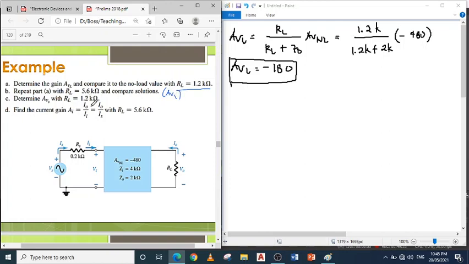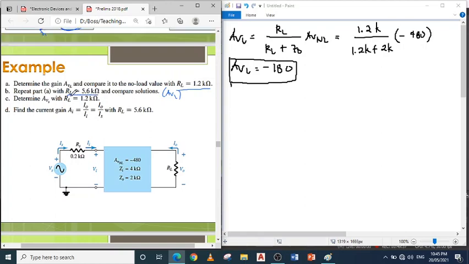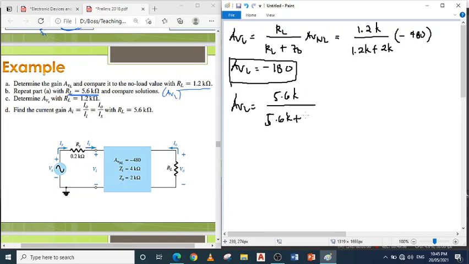Okay? Repeat part A daw with RL naman. What if RL is 5.6? So, papalitan nyo lang ng 5.6 yung RL natin. Okay? So, ang AVL natin is 5.6 kilo divided by 5.6 kilo plus ZO is 2K times negative 480. So computing that one,